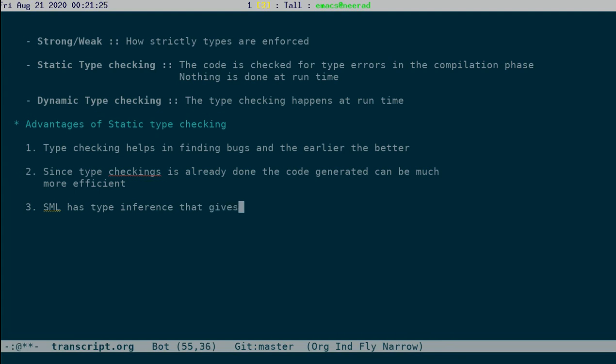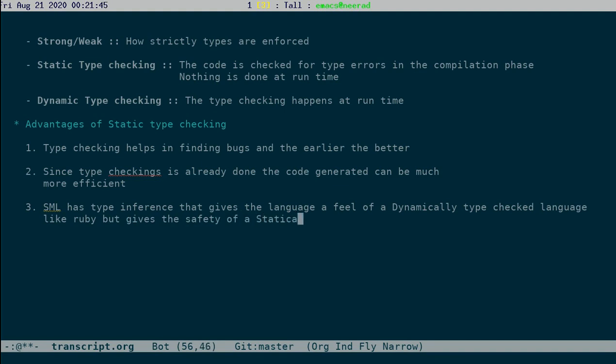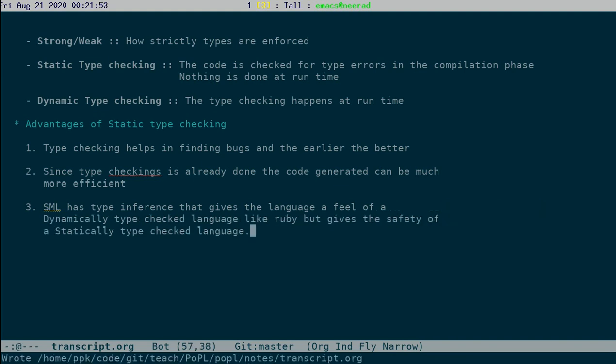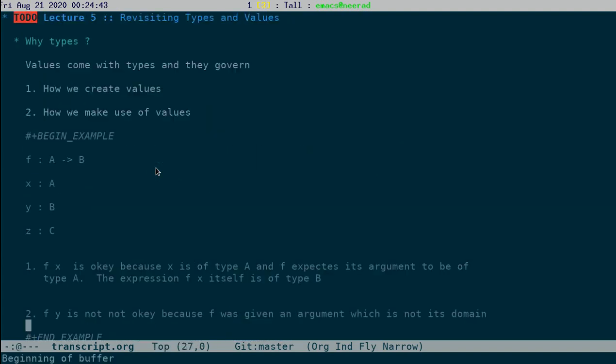It gives the language a feel of a dynamically type checked language like Ruby, but gives the safety of a statically type checked one. So we get kind of the best of both worlds in a language like Scala. So let's start with this.